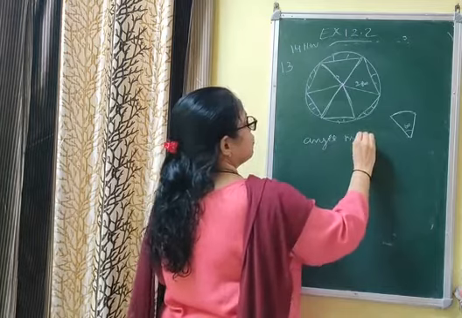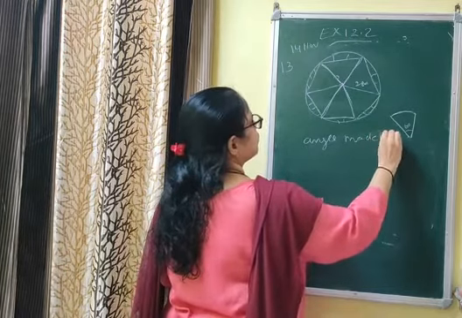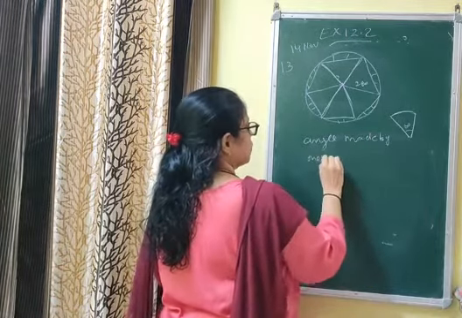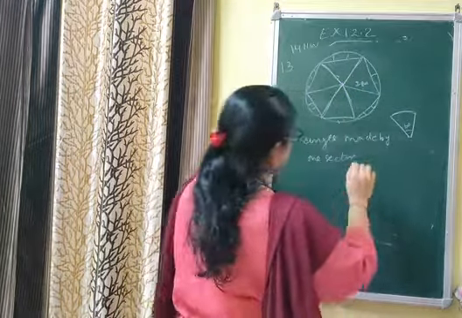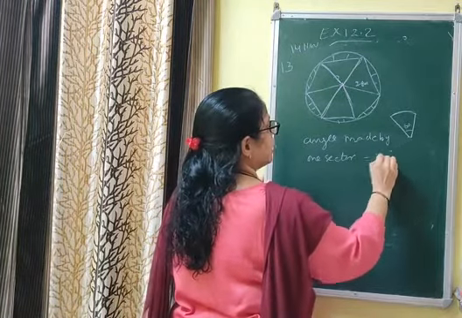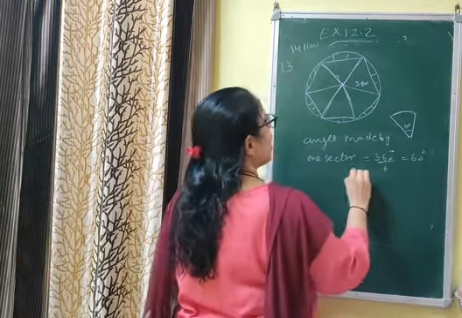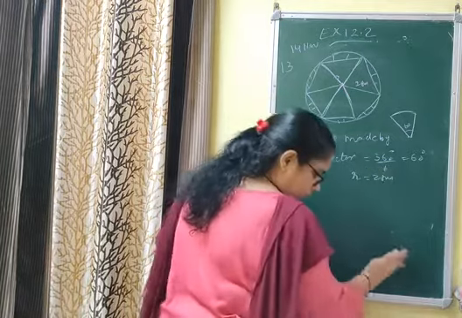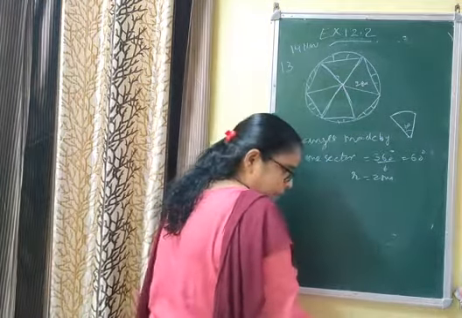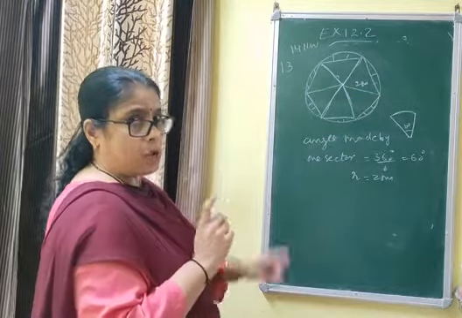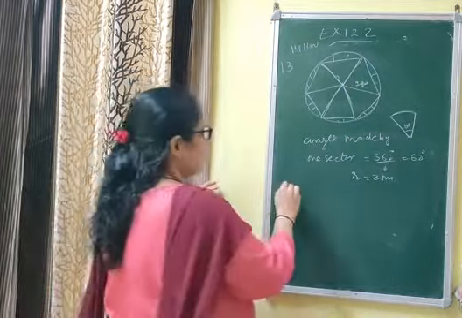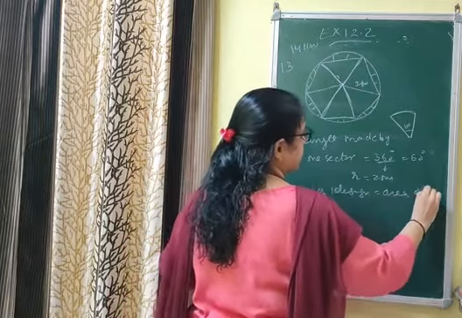So angle made by one sector, since there are how many designs? 6 designs, that is 360 total angle by 6, that is 60 degree. R is equal to 28 centimeter. Now you have to find the area of design. Since there are 6 designs, first of all we will find area of one design and multiply by 6. How we can find area of one design? Area of one design is equal to area of segment.